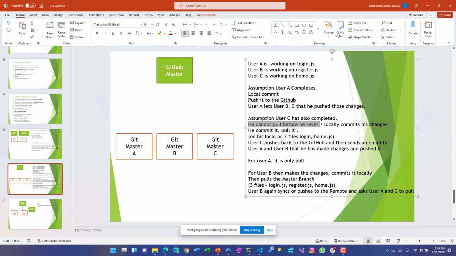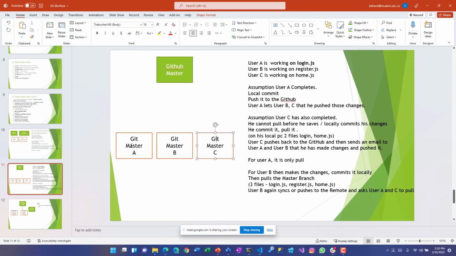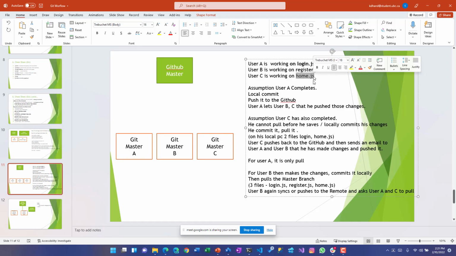Because user C is working on home.js, and on the ask of user A, saying login is complete, please pull it, when user C pulls login.js, Git is very intelligent. It would say, you have changes in your home.js. What do you want to do with them? You want to save them. So the best practice is that he cannot pull before he saves his local changes.